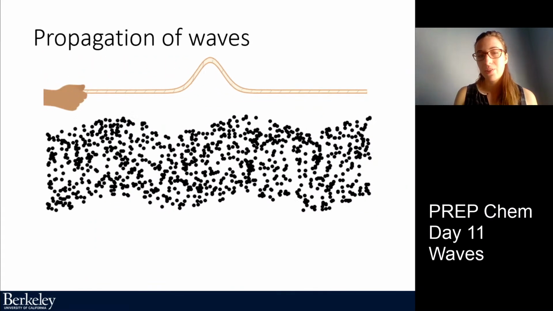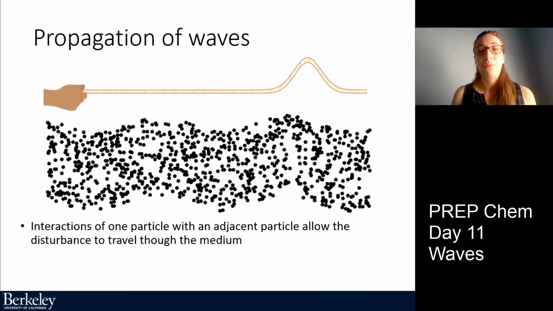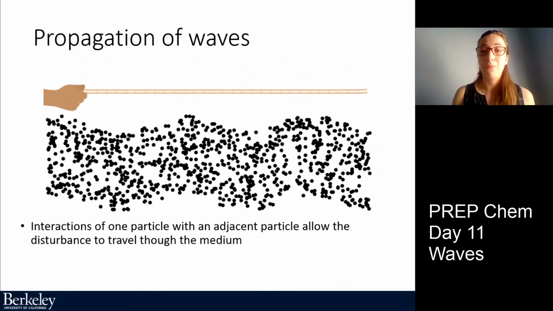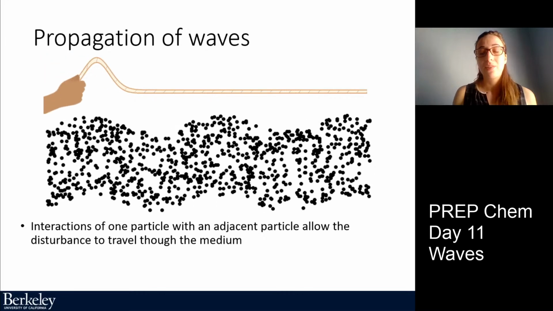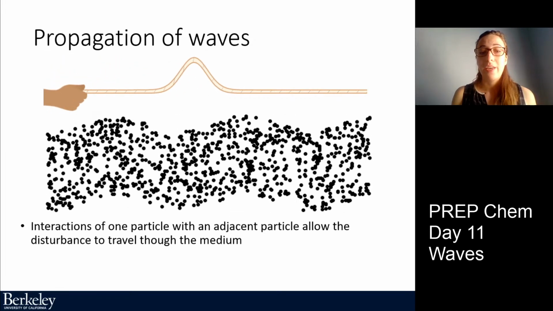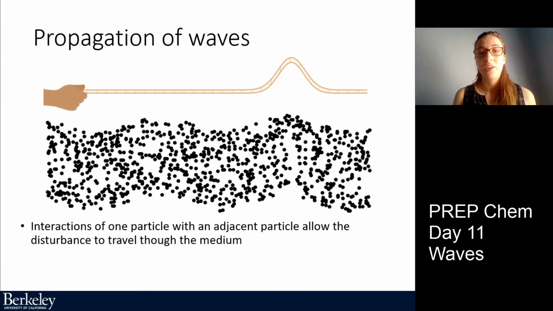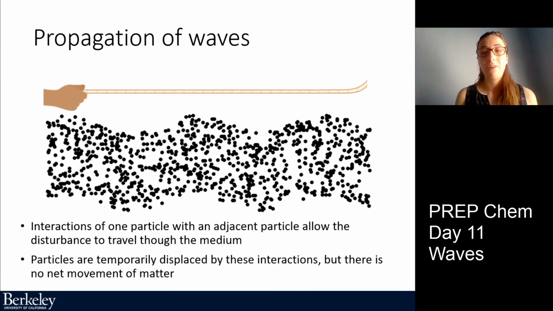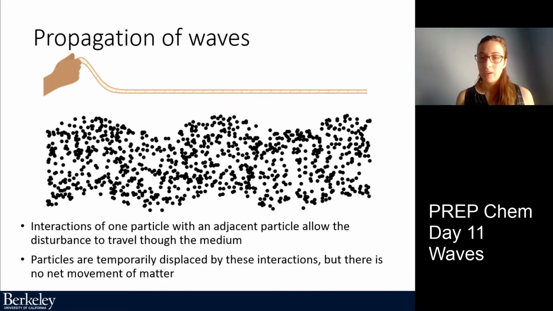Okay. So we can also think about how waves propagate. The interactions of particles is actually what allows waves to move. On the top, we have the person creating a disturbance in a rope, and that moves through like a wave, but you can also think of this as individual interacting particles. In the video right below the rope, you see all of these little dots. And as these little dots move, they affect the other particle next to them. So it's these interactions between particles that allows disturbances to travel through a medium. And again, I would just like to emphasize that although particles are temporarily displaced by these interactions, there is no